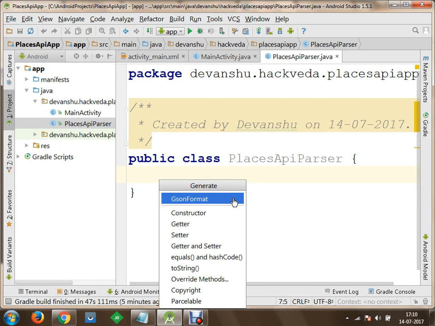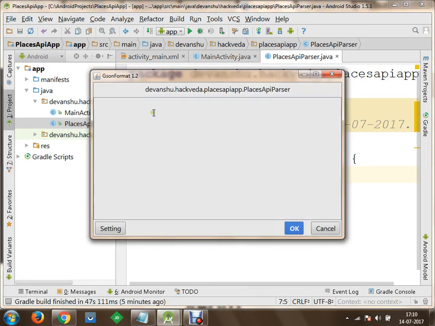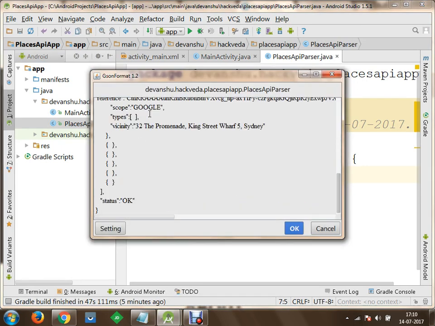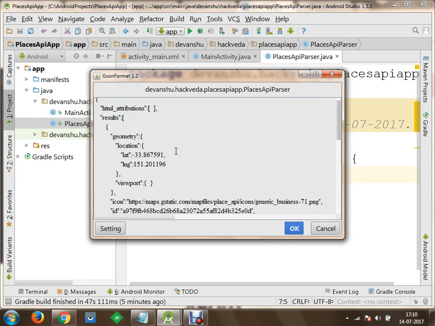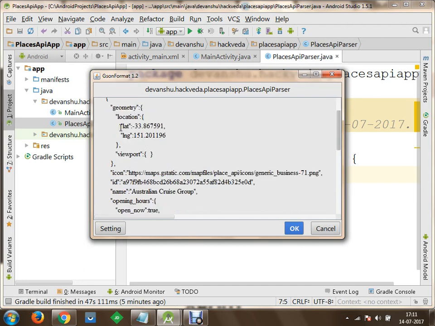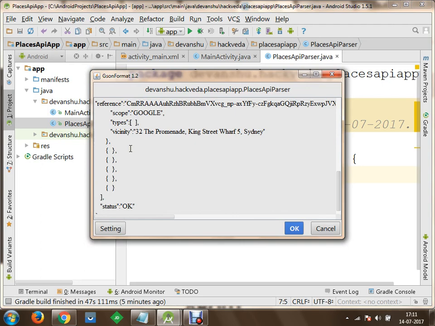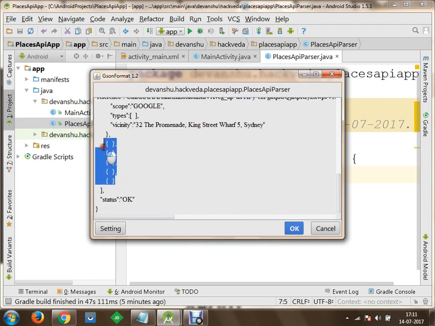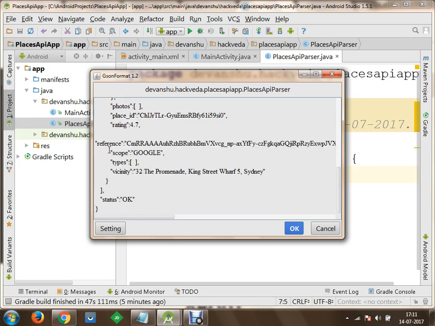So I'll go to the link JSON format. And within JSON format, I would like to paste the information which I have just copied from there. So I would like to read these few pieces of information: HTML, result, geometry, location, all these things. And there are some empty things which are not required for me, so I will remove them because these are not required. Let's say I have removed this information.